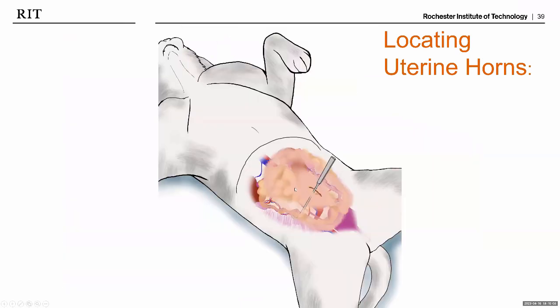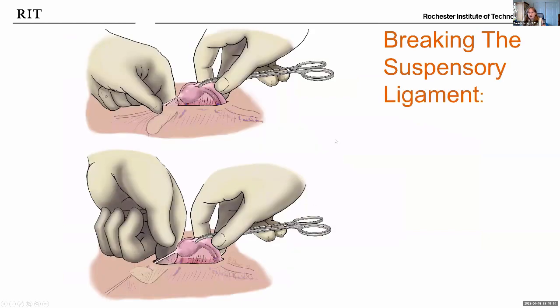And then this image is of a cat with a spay hook, and you can see how far in and lateral the hook goes. Next we have the suspensory ligament, or breaking the suspensory ligament. And most important part being showing the finger running along the suspensory ligament and feeling all the way up, and then grabbing the ovary and pulling it up and out to create tension to allow you to break the suspensory